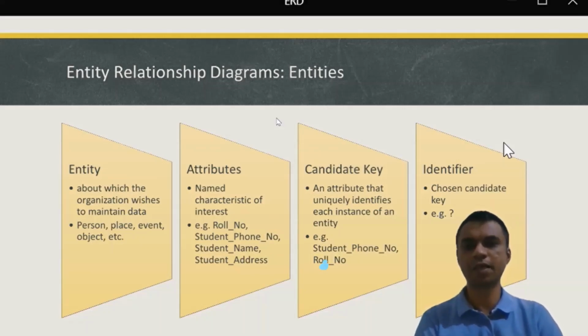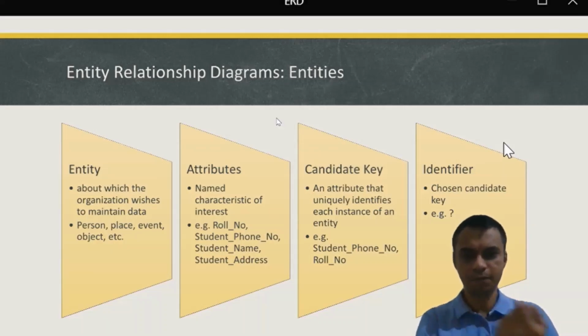Then roll number is another unique attribute for every student. So these are basically candidate keys which can be used to uniquely identify one instance of an entity.